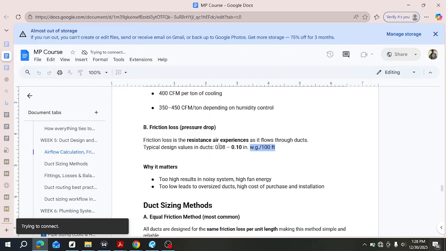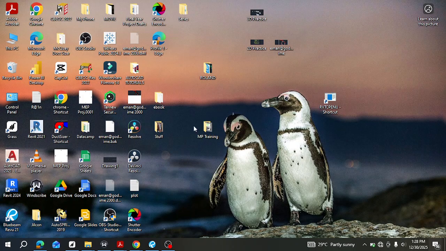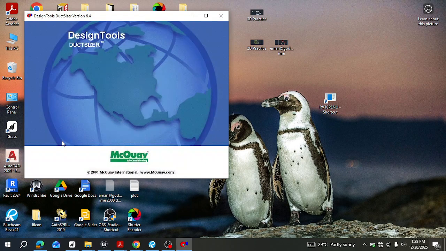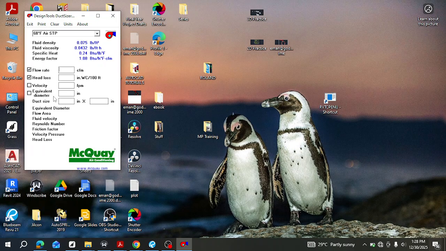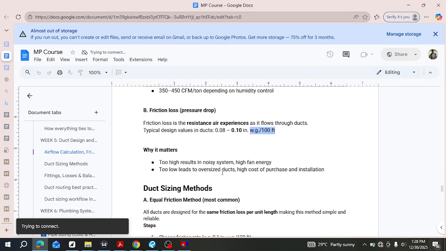These are the design values we use, 0.08 to 0.1. If you remember, even on our duct sizing software, we used to use that 0.08. So that's 0.1. This is where the head loss is. Okay, so why it matters, why you need to consider friction loss, is that if the value is too high